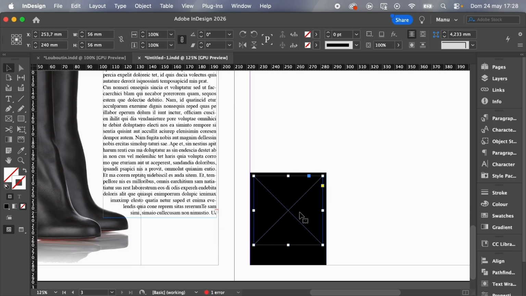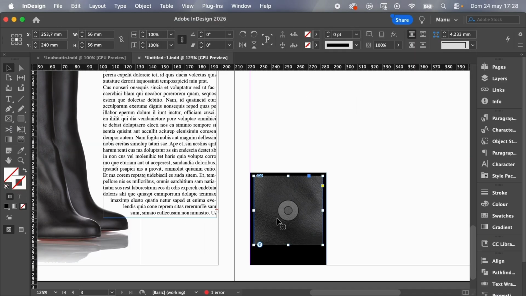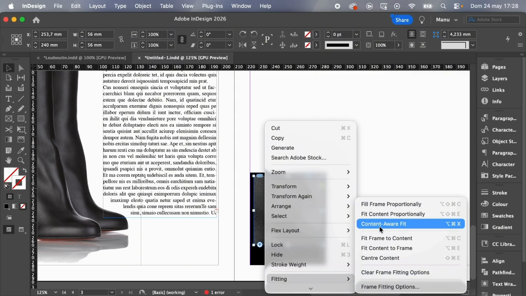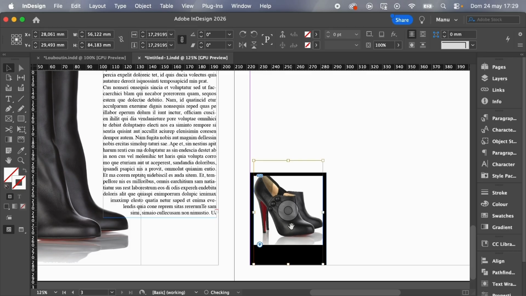Once this is done, Control or Command D, and I place here the correct image. The image is already in, and then we have to use the fitting tools, right? I will use the content aware fit. This is the AI fit tool.